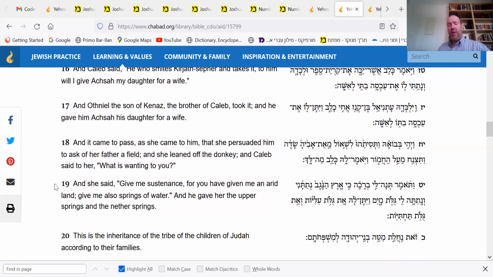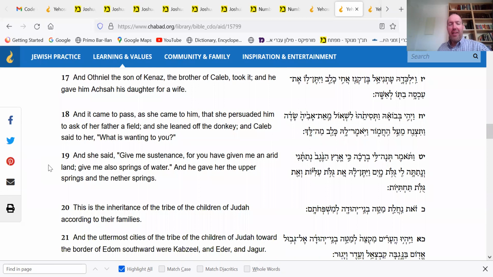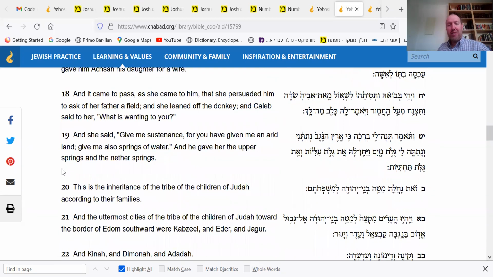and the father asks, so what else do you want? And she said, give me sustenance, for you have given me an arid land. Give me also springs of water. She says, yeah, you've given me land, but there's no water in that land. I want some springs of water, which are not in that city. And Caleb hearkens to what she requests, and he gave her the upper springs and the lower springs and nether